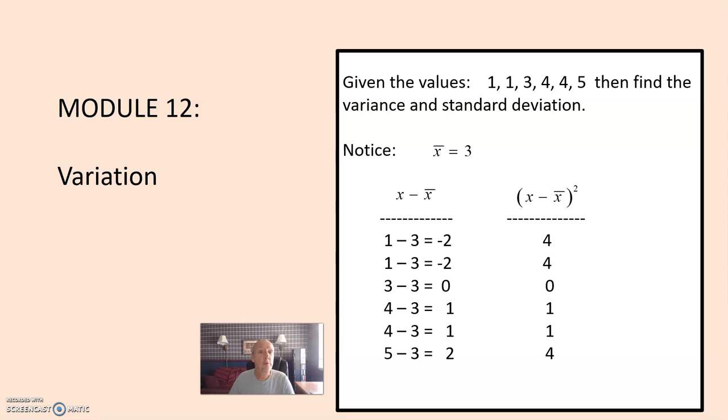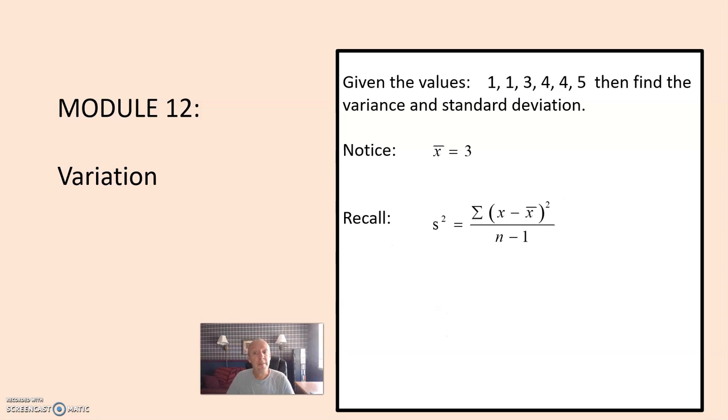Now, if you remember back to the formula that we had a few minutes ago, you could rewind the video, or we're going to show it to you here in a minute when we create space here on the slide. We needed to find the summation of this second column. So if we add up all the values we obtained in the second column, 4 plus 4 plus 1 plus 1 plus the last 4, we find that it totals 14. So let's remember that number, 14.